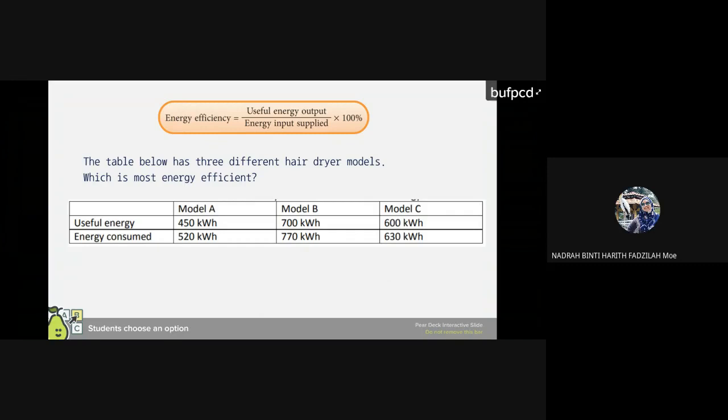So the answer is model C lah, because model C has the highest energy efficiency. Okay, ini cara nak calculate lebih kurang sama macam tadi. Okay, sekarang ni kita nak tengok